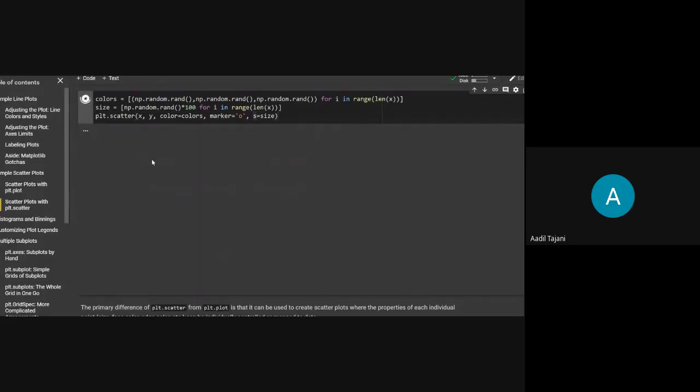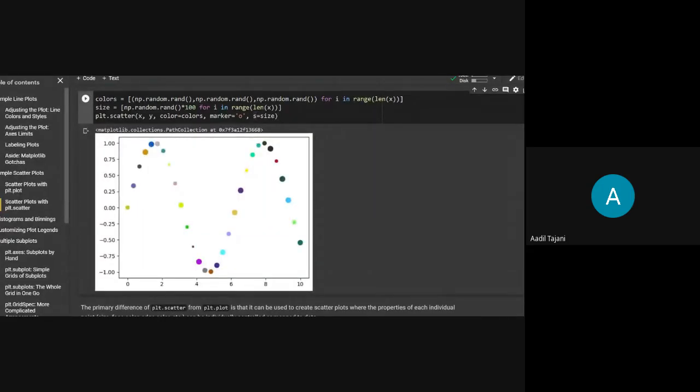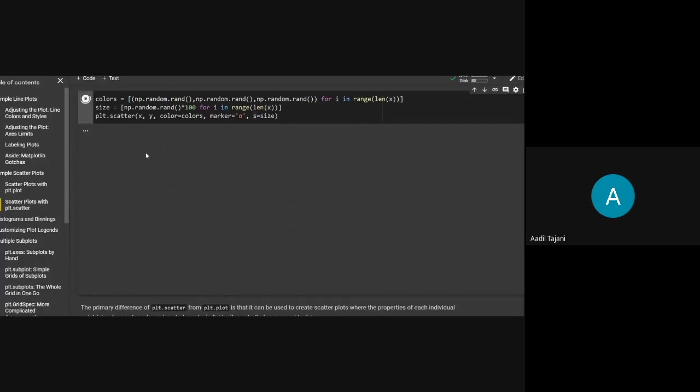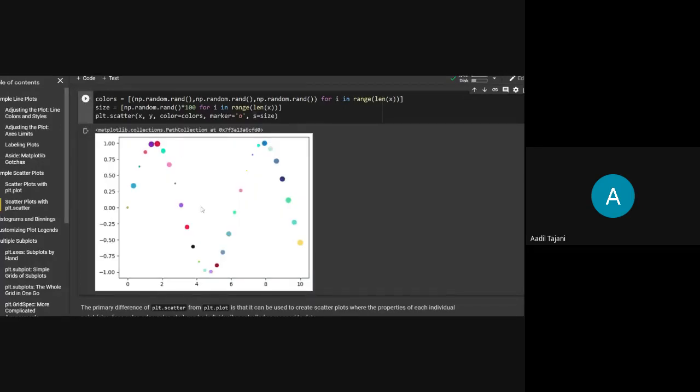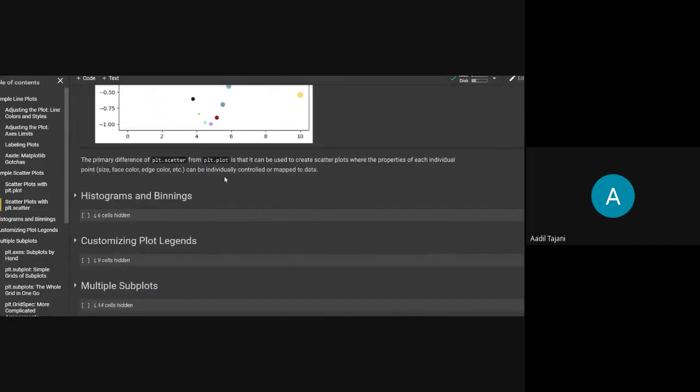So I've created just random values of RGB tuples and random sizes, and I'm passing those lists. If I run it, as you can see, according to those values, the color of each and every point has changed. If you use the plot function plt.plot, then you have to mention a single color and the colors of all the points will be the same. But here you can pass a list of colors, you can pass a list of sizes, and it will change. So I've used random values again. If I run it again, as you can see, I'll get different random colors of different sizes. So this is the scatter plot. This is the difference between using scatter and plot function for scatter plotting.